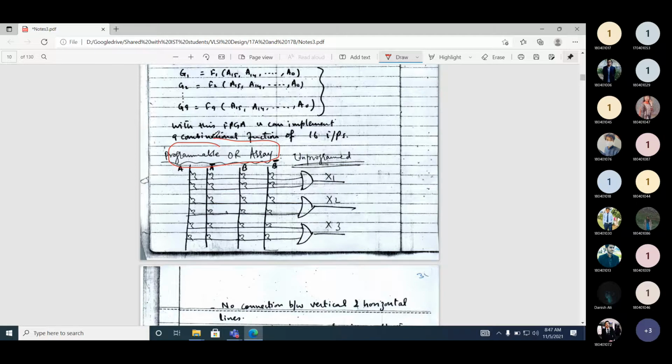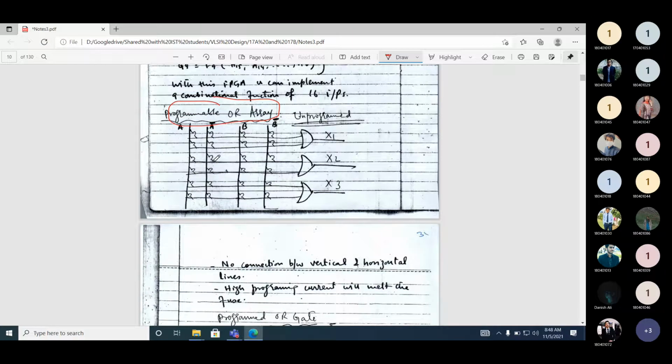Two inputs. Because one is A, then A bar, B and B bar. For A bar there will be an inverter, and this inverter will always be fabricated. How many outputs are there? Three outputs. One output is X1, second output is S2, third output is S3.